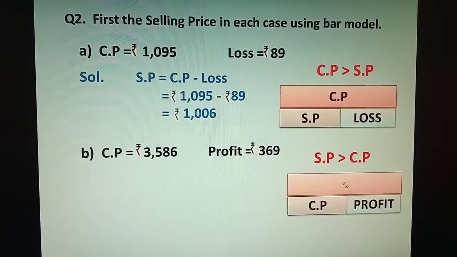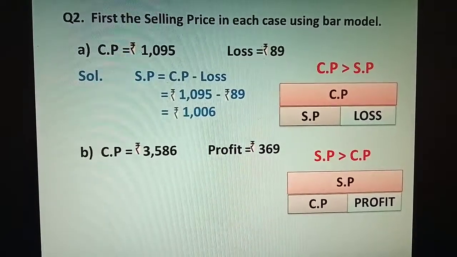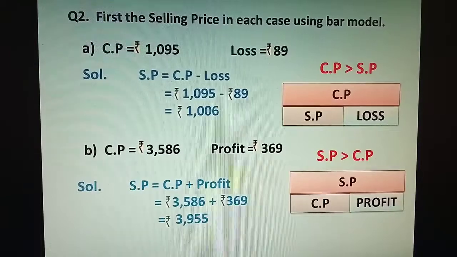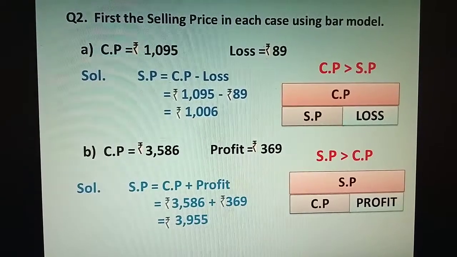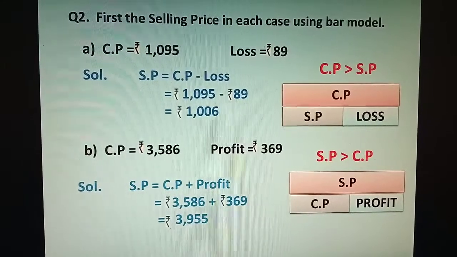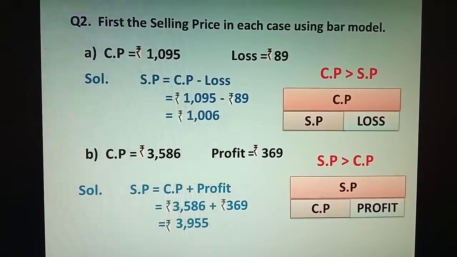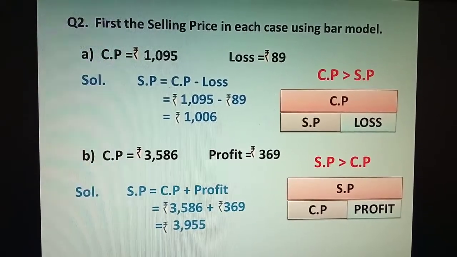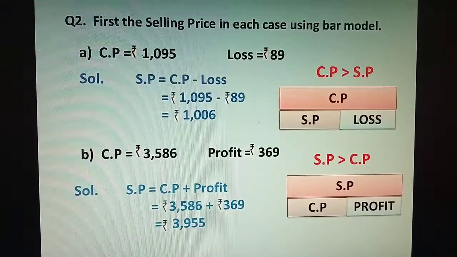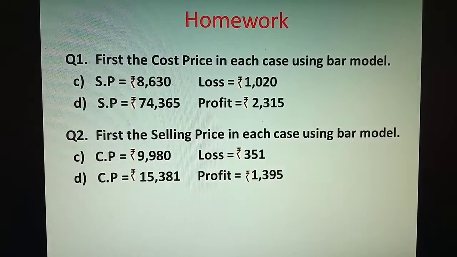Since we have to find the SP, the whole, we will add CP and profit. So on adding 3586 and 369, we get 3955 rupees. You will do all these classwork questions in the notebook, and along with it, these homework questions you